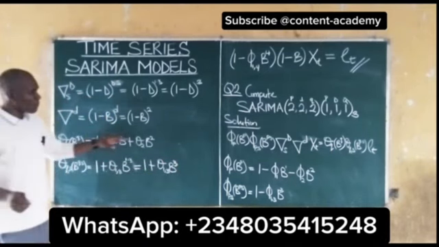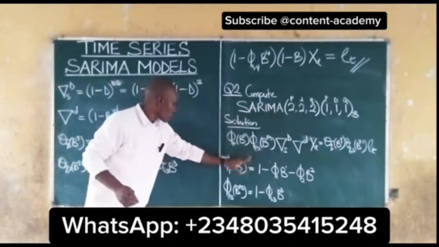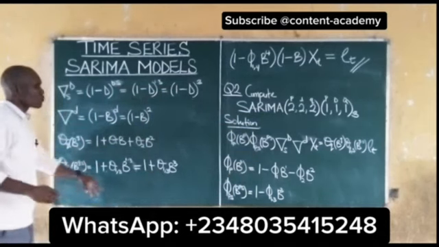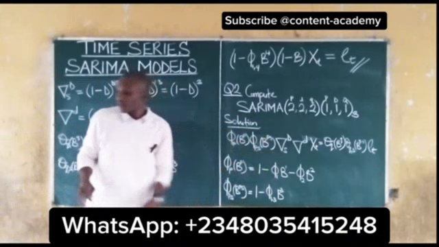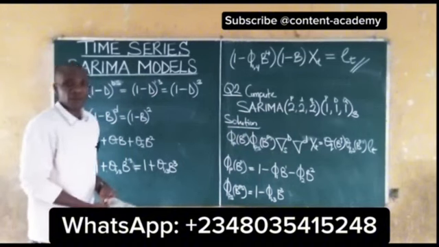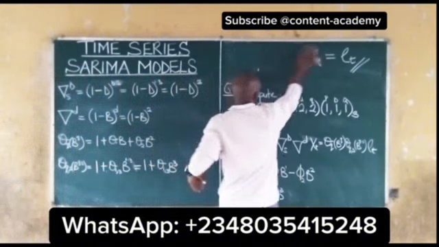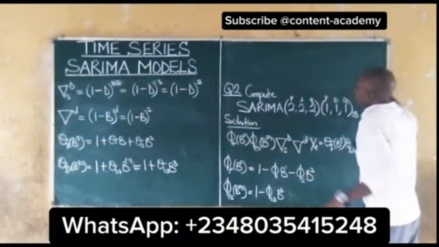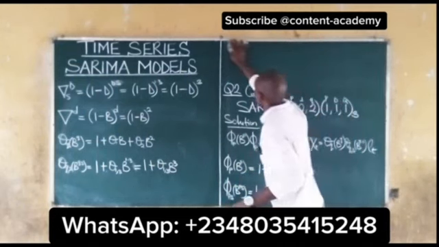So we have finished computing what we have here, SARIMA 222111. This is it. All we need to do is to now put it in this form. Once we put it in that form, we have succeeded in writing our SARIMA model. And for you to do that, we do it on top. So we put it in the form here. We write it as